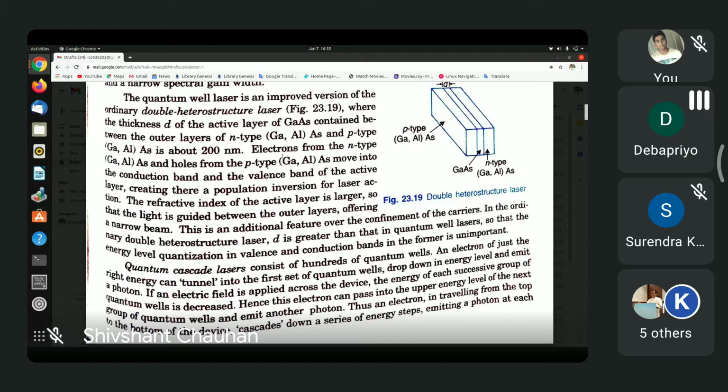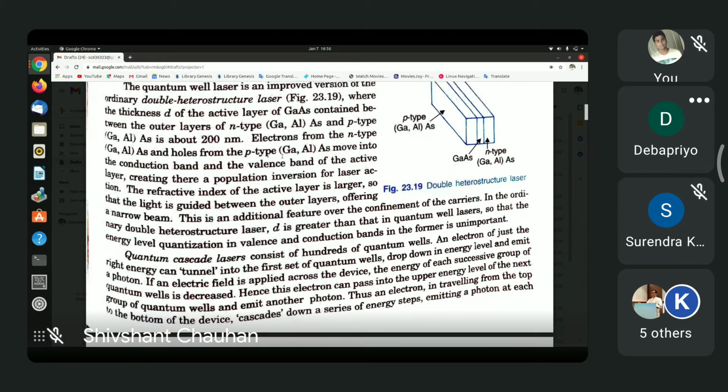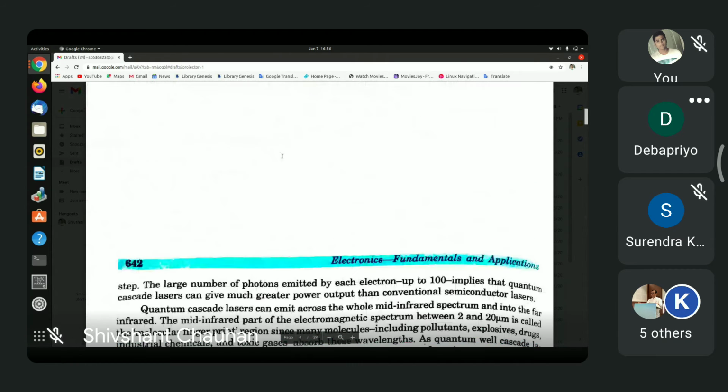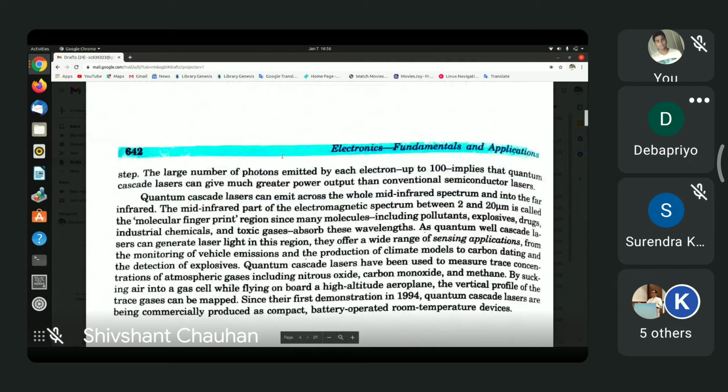And if you have 100 such wells, 100 photons will be emitted in the passage of one electron through this structure. If you move to the next page, you will see this. So if you have 100 such wells, one under the other, then another under that, and so on, in each well, an electron will lose energy,